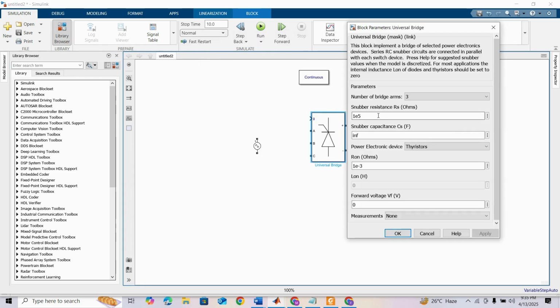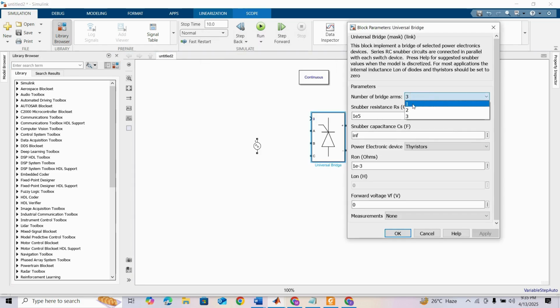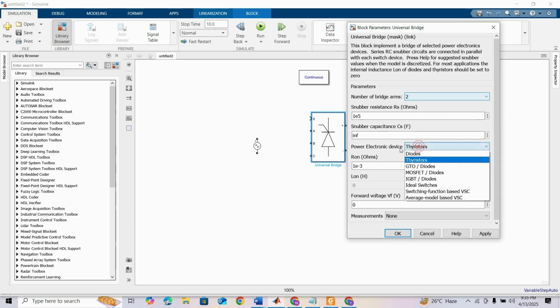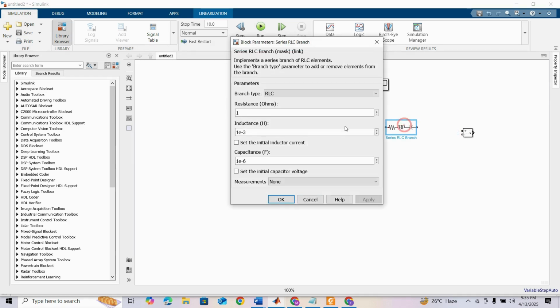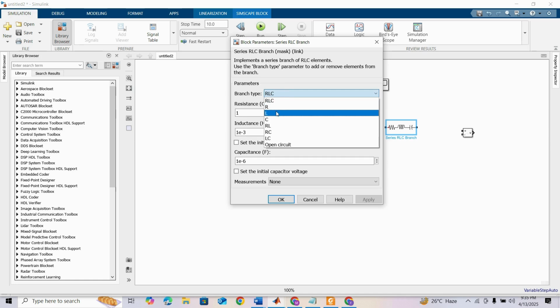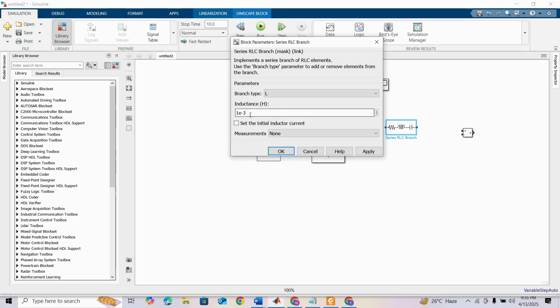Double click on the universal bridge and change the number of bridge arms to 2, as we are dealing with single phase. Okay, and for power electronic devices, set it as diode, as we are simulating a rectifier circuit. Connect A and B to the AC voltage source, and basically I made a filter to smooth the output, and